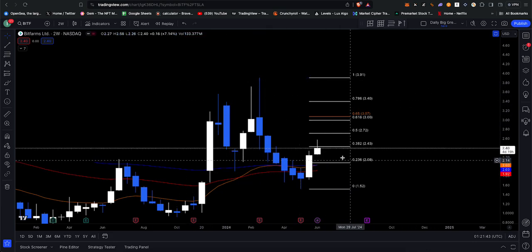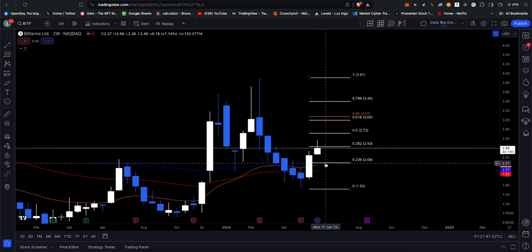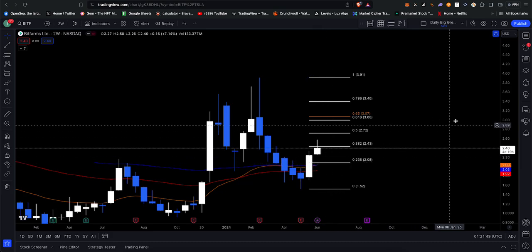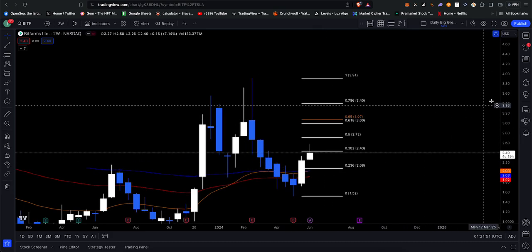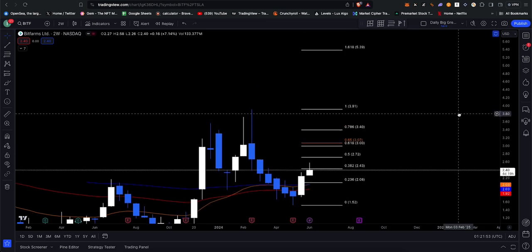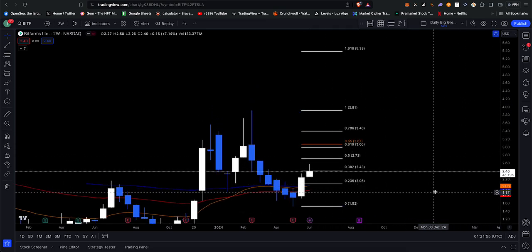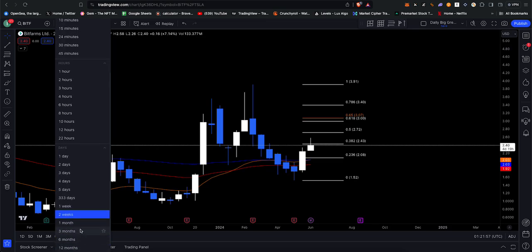And I'll dig into shorter time frame supports too. But so far in the 2 week, we can backtest 2.08 potentially as support, right? That could be another good area to get into some Bitfarms, right? But if we go down to a weekly,